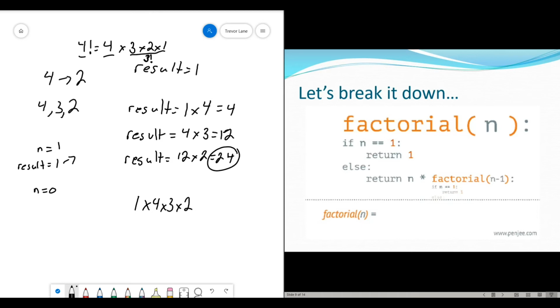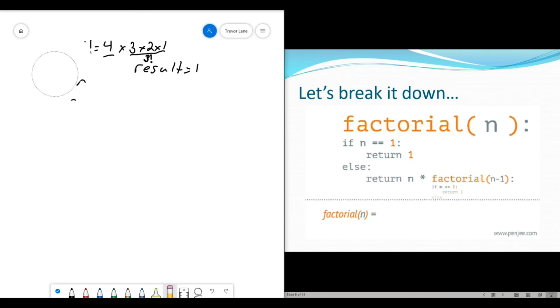But let's assume that we enter in good data for now and it's a positive number, like, for example, a 5. Now let's break this down. I'm going to bring my eraser over here for a second. Get rid of this stuff so you can see. Now I want you to think of this. We're going to start with an n is equal to 5. Now, what we need to do is think of what our final solution is going to be. Now, what we're really going to say is, okay, well, is 5 equal to 1? No, it's not. So it's going to go to the else case, and it's going to say return